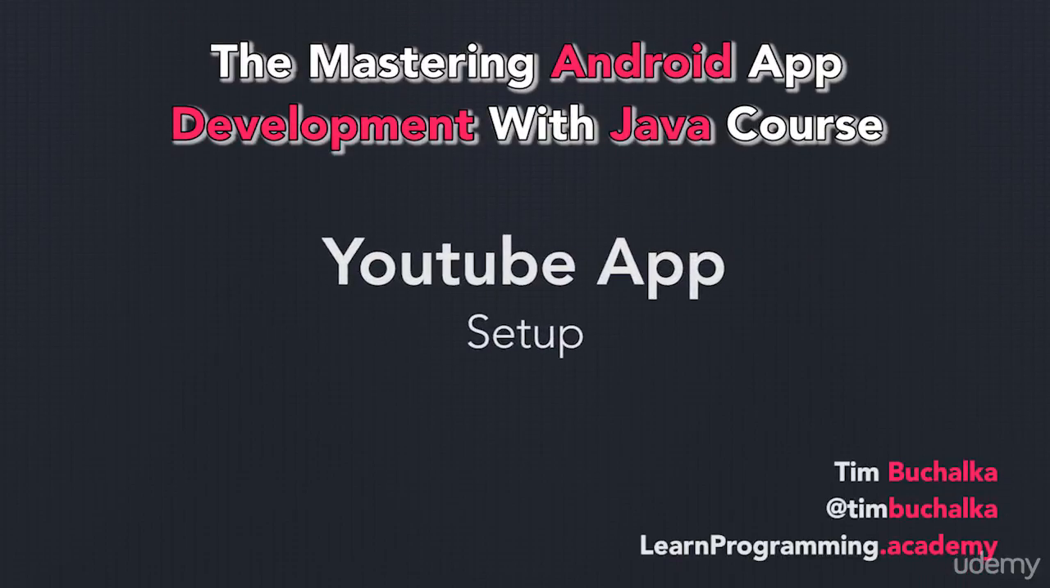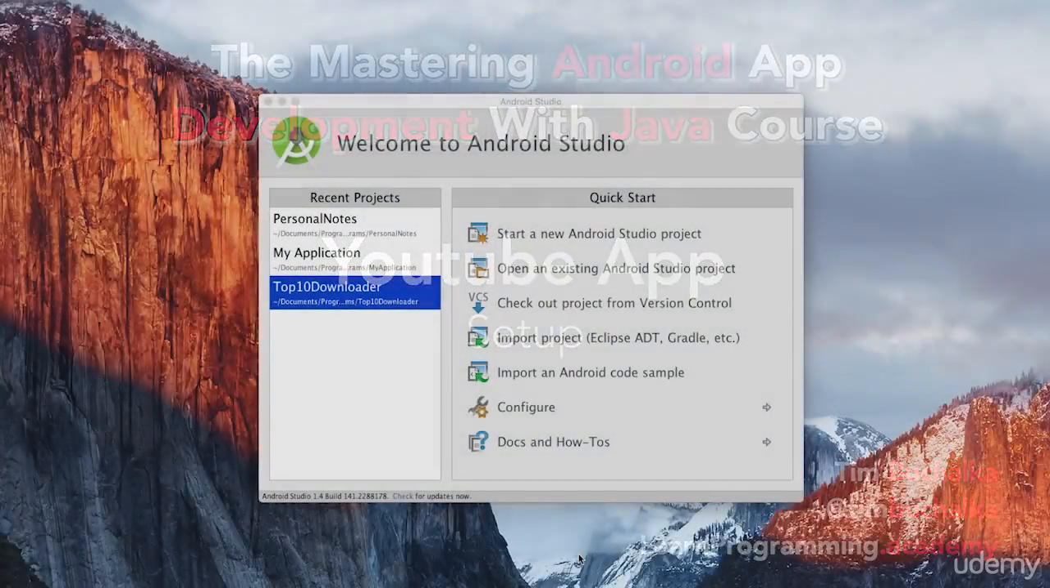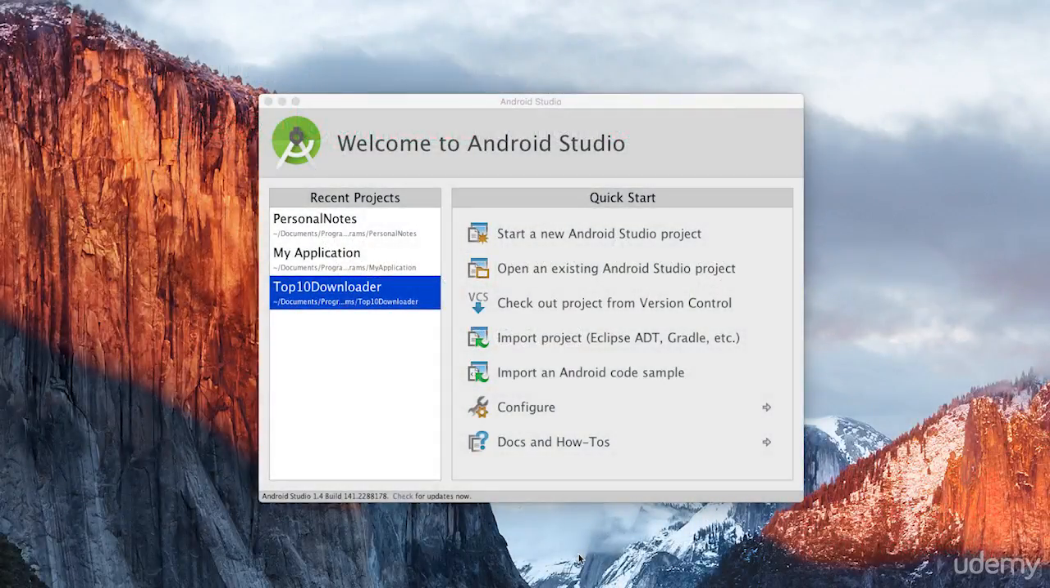So it's time to create another application in the course. And in this section, we're going to create an application that plays YouTube videos. And the way we can achieve this is by integrating the YouTube API, which is a library file that we are going to put into our project that has been made available from Google,